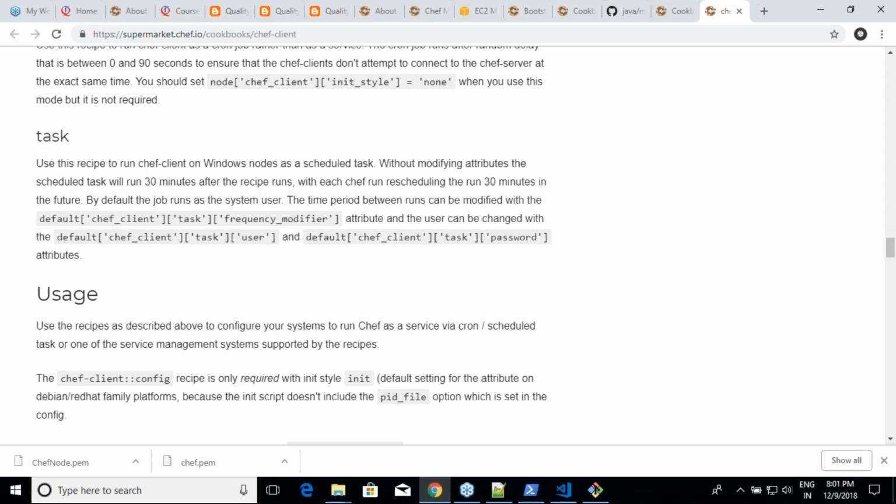Tomorrow in the interview, they might ask that I want to run chef client but it has to run only once in a day. So how do you do that? I change the interval to 86,400, which is the number of seconds in a day. How can I ensure that all the nodes execute chef client at the same time? Are you seeing cron job? For all the nodes, give the same value. At 7 o'clock in the morning, everything will start bootstrapping.